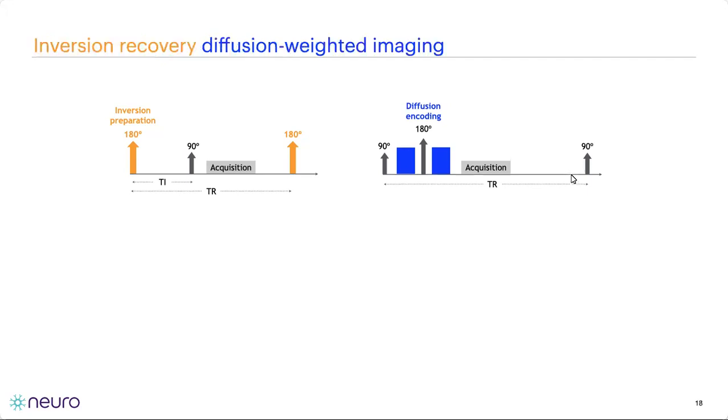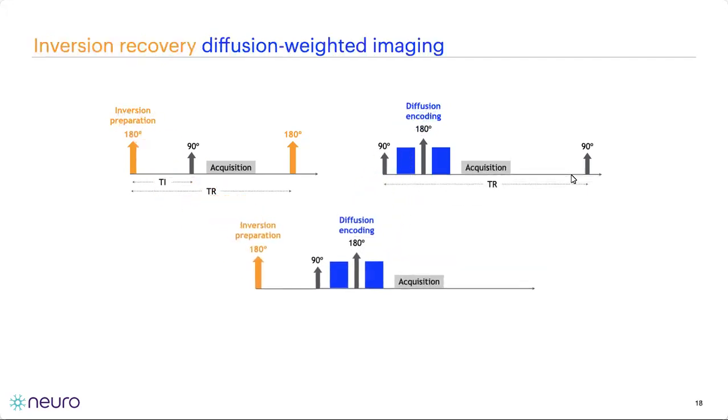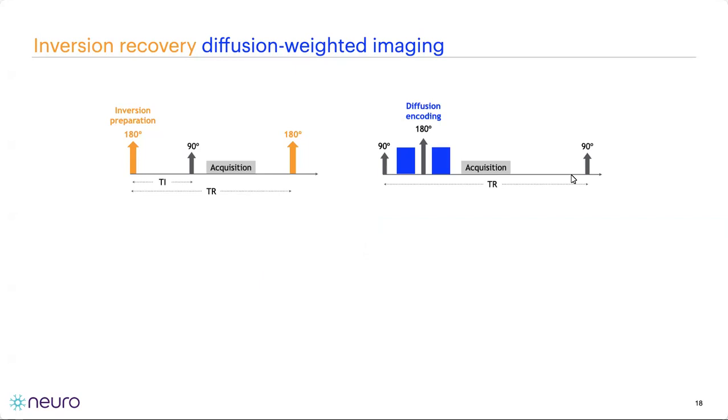What we're going to do is basically merge these. It sounds simple. It's actually a little more complex to implement, but basically apply an inversion pulse. We're going to vary this delay between the inversion pulse and the 90-degree pulse like we did before, but we're going to just run the diffusion experiment right away. This whole process is repeated several times. And an important point here is